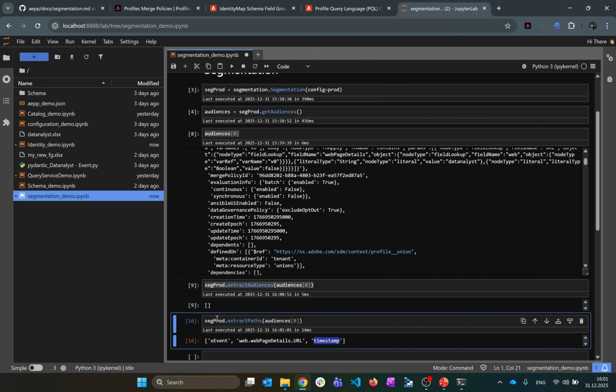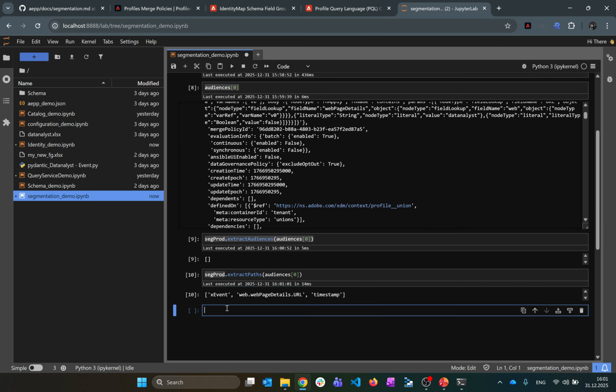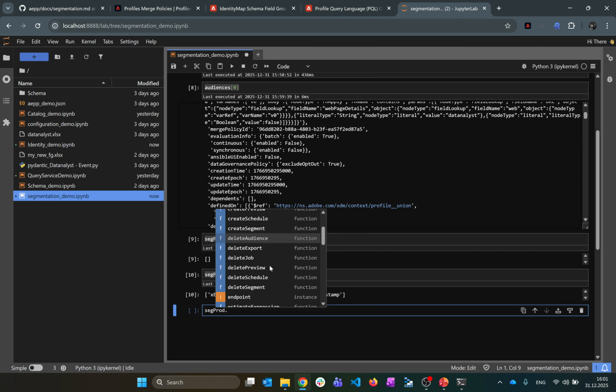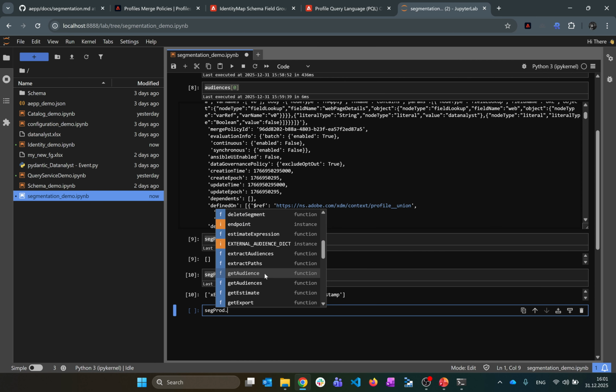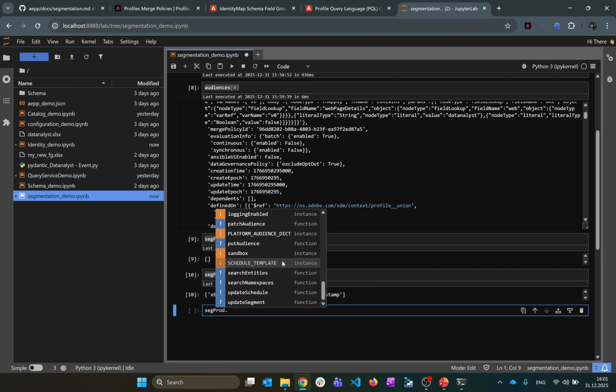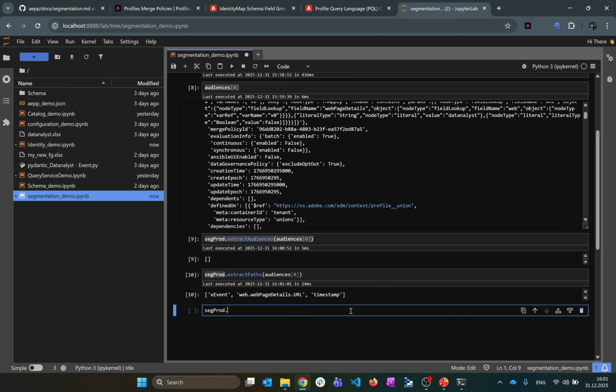So this capability of aepp is really interesting, I believe. And I'm trying to see if I'm missing anything to show you. You can create a job, you can create a preview, you can delete a job for a segment. But all of those have a limitation: you have only 20 per year per sandbox. So be careful. You can patch your audience and you can show namespace, but most of the time what we're doing is creating a new audience for a very advanced customer, but most of the time we are extracting all of